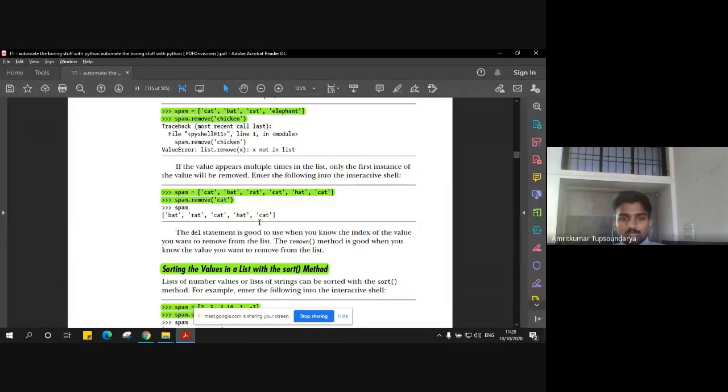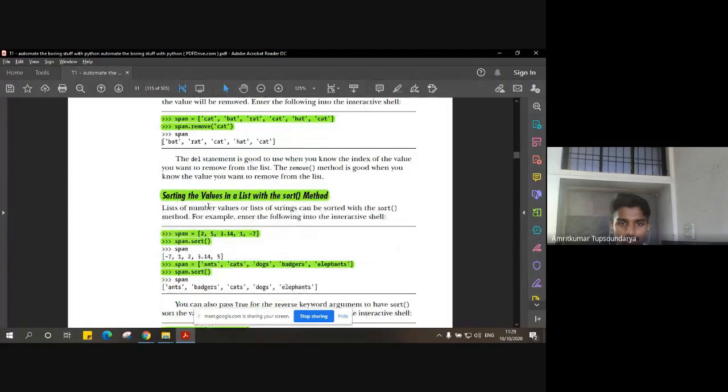In this case, when we use the remove method to remove, let's say, cat, then only the first element that the remove method encounters will be removed, and other values will be retained as they are. Right. So as you can see here, the zeroth index value cat is removed, but the items at the third index and fifth index are retained as they are. So remove will make sure that the remove operation is done only once, in case you have multiple matching values.